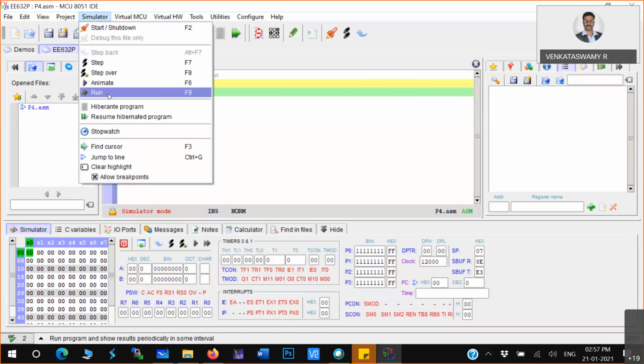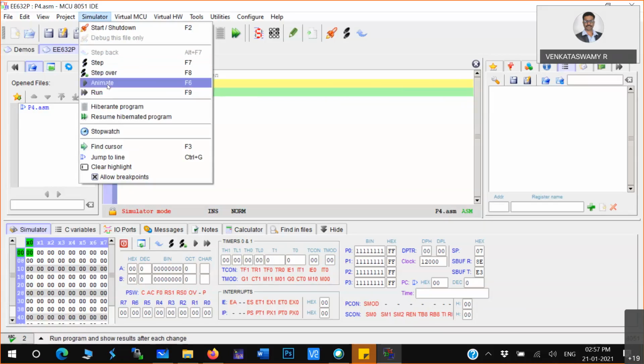Normally, when you load this program to the microcontroller and give a power supply, the program will always run. It won't debug and all those things will not happen. It will run. Immediately the program counter will go to the 00 location. From there the program will be taken and it will execute whatever program is there.